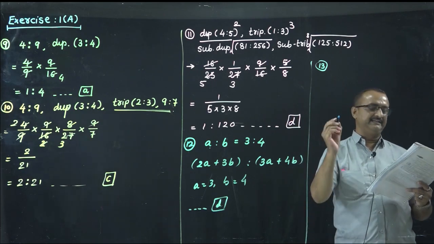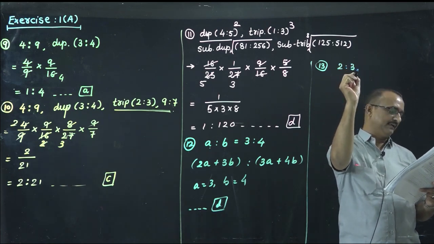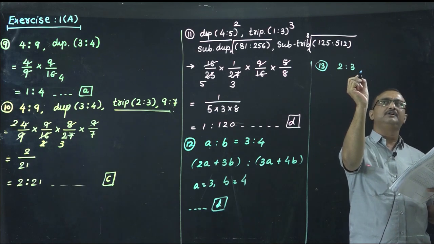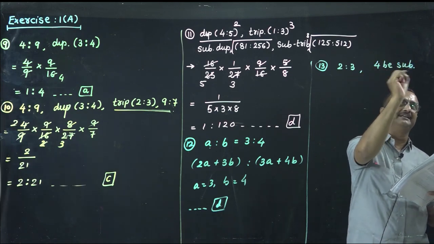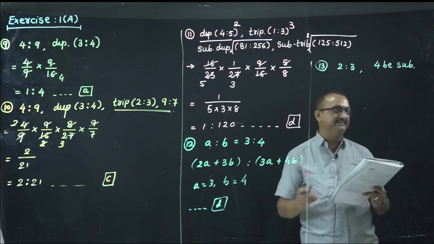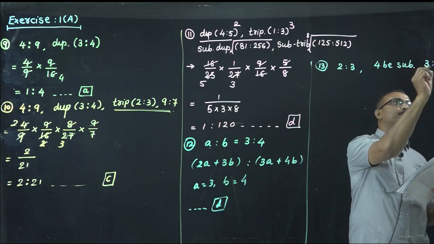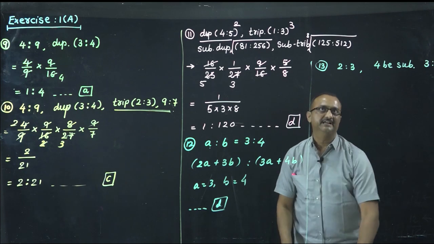Okay, now question number 13. Two numbers are in the ratio 2 is to 3. If 4 be subtracted, subtract means minus karo, 4 be subtracted from each, they are in the ratio 3 is to 5. Okay, the numbers are